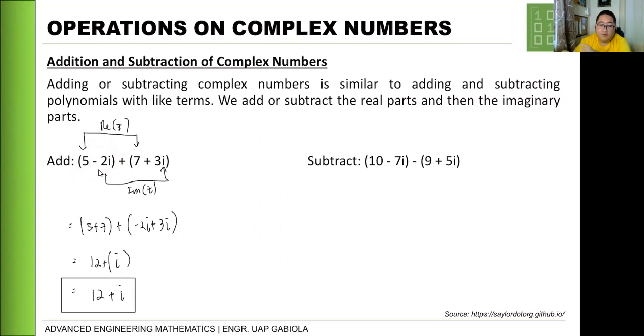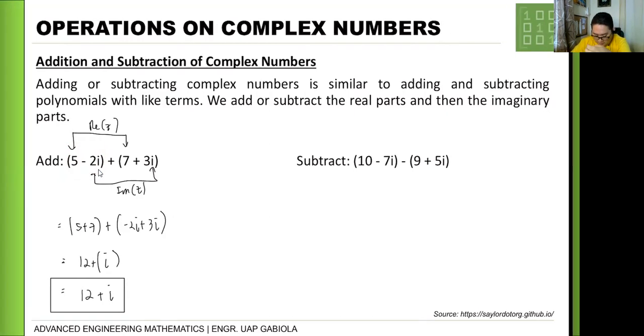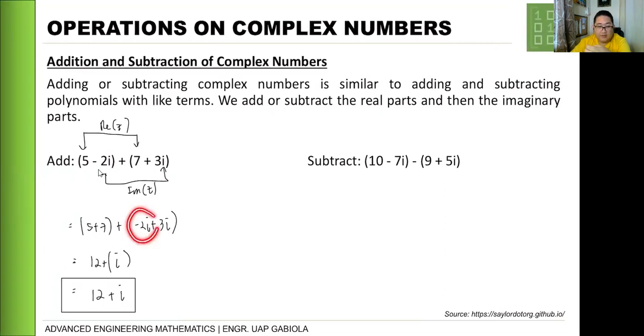Okay? Pero if you are confident na you are knowledgeable enough or hindi na kayo nalilito, you can proceed na to subtract or to add yung imaginary part natin nakasama yung ating sign. Okay? And then once we simplify, we get this answer. Okay? Same with